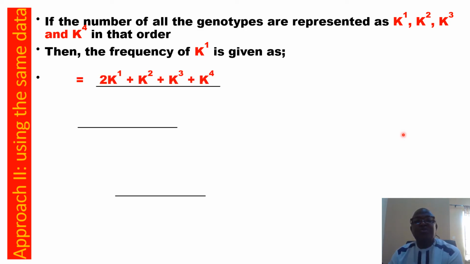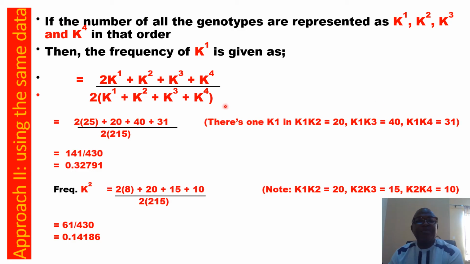So we have 2K1 plus K2 plus K3 plus K4, all divided by 2K1 plus K2 plus K3 plus K4. So if we substitute the values of K1, K2, K3, K4 into the equation, we have 2 times 25, which was the number of individuals with K1, plus the number of individuals with K2, plus the number of individuals with K3, plus K4. And then when we sum up everything, remember that the total number of alleles in the population is